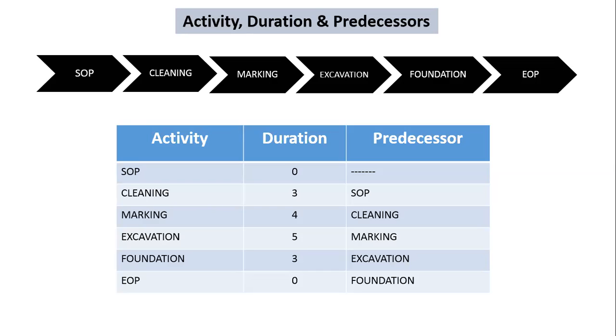Now we are discussing activity, duration, and predecessors. Before entering exactly into this, we can go for a small thing. Everyone eats omelette, right? What are the things that you need if you want to prepare an omelette? We need eggs, onions, green chilies, gas fuel, and a tawa on the gas stove.